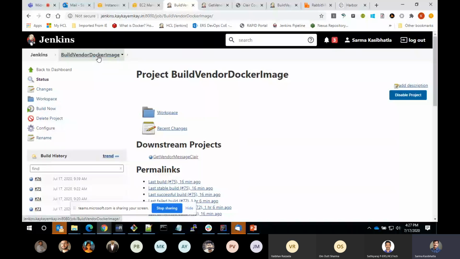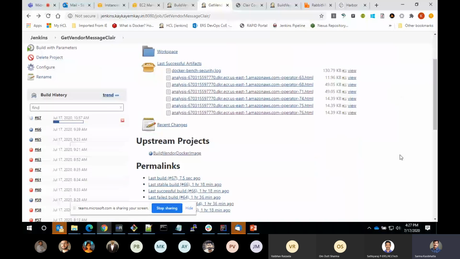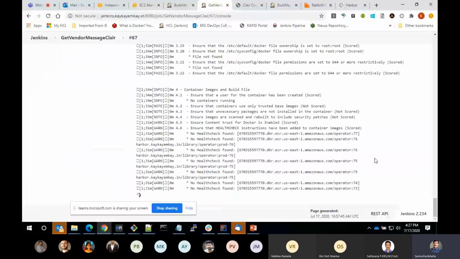Let's assume a job that is building a Docker image. It pulls an image from a repository and then builds the image. That would trigger another job that runs a series of tests, and then gives you a report of all the checks that it has run.